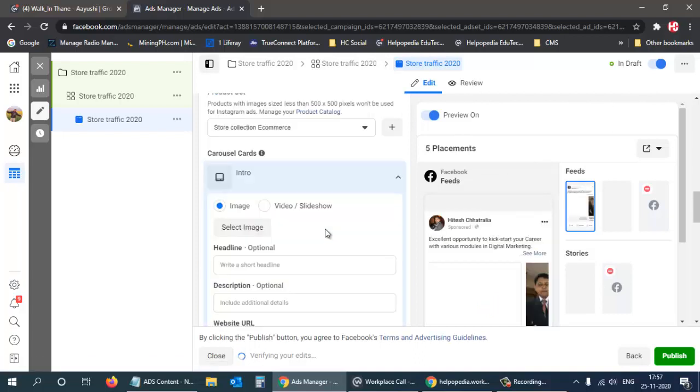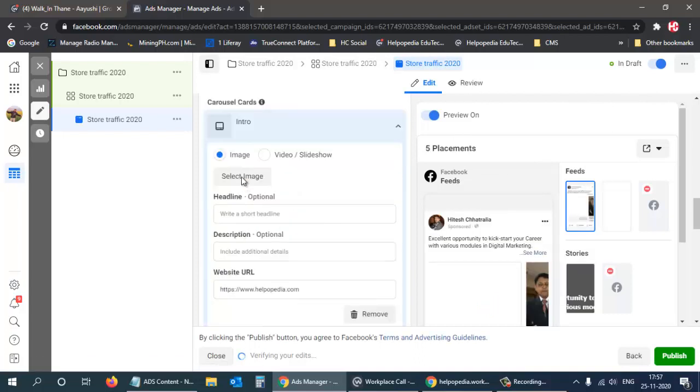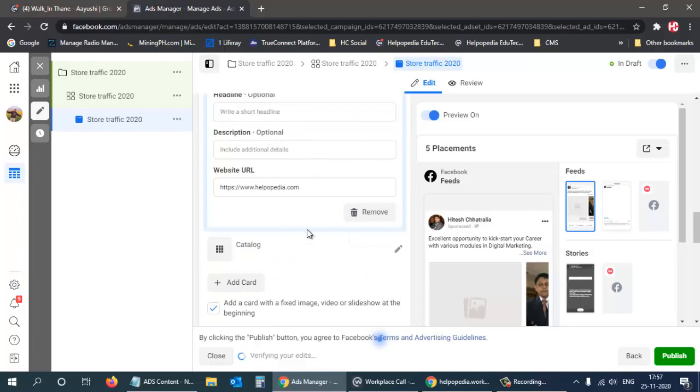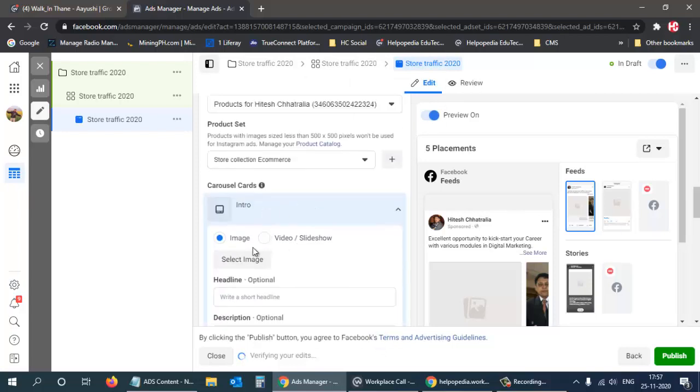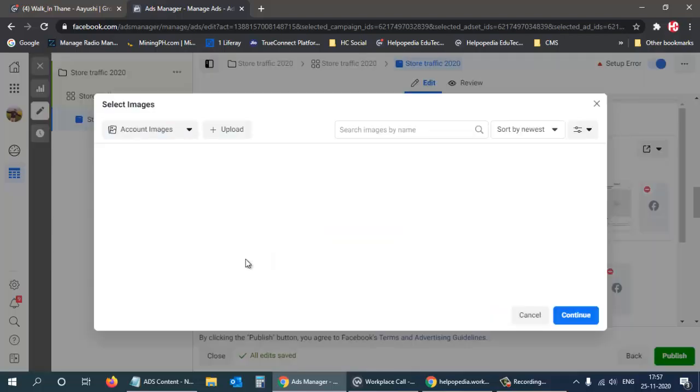So these are the carousel cards. Okay, so I need to select an image. Sorry, today my system is not working properly, but trying to manage. Okay, so enter an image, so we'll select an image.